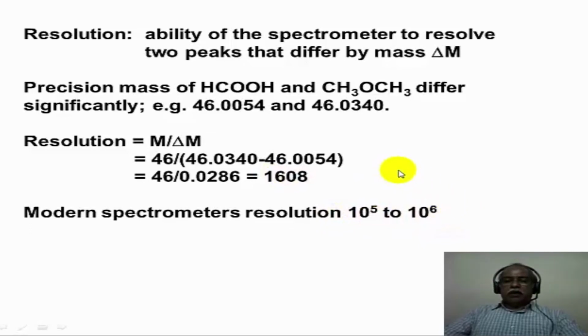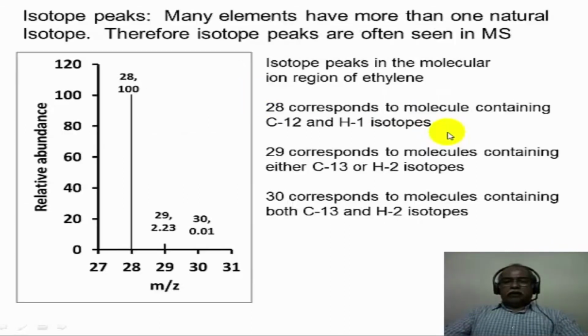So even high molecular weight compounds can be fairly easily treated for high resolution mass, and the precision mass can be used for the calculation of the elemental composition of the compound. There are computer programs available nowadays where you plug in the high resolution mass and the elements that are present in the compound, and that will give you the various possibilities of molecular compositions of that particular molecule that we are dealing with. The second important aspect is the isotope peaks.